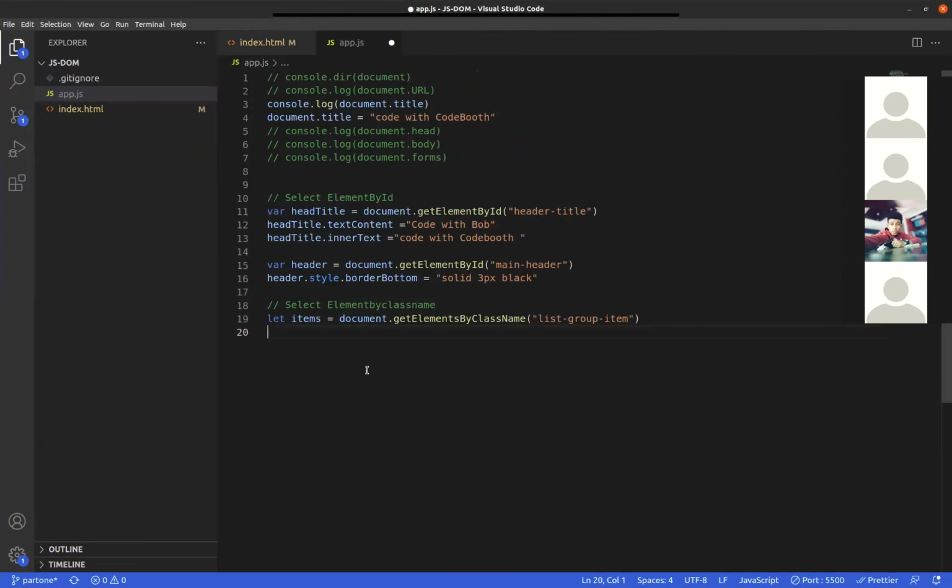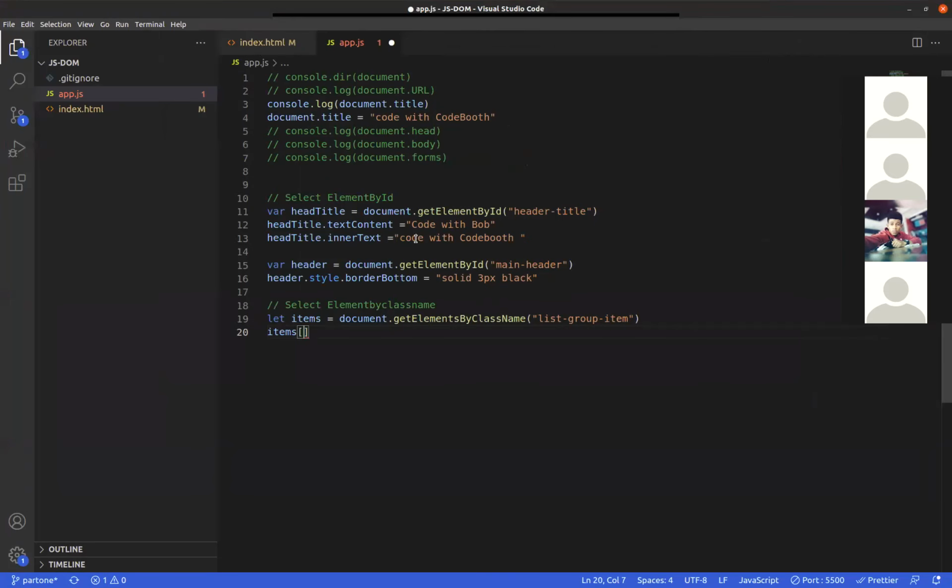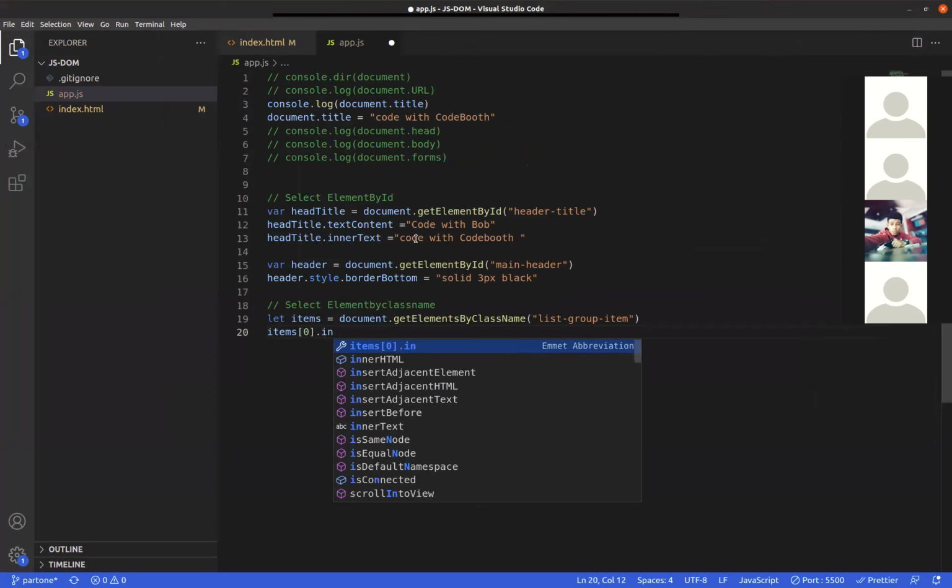You can do that by saying items, then you bring your bracket notation. So you can see they are in the form of an array. This one is 0, this one is 1, this one is 2, this one is 3, in that order. It is going to start counting from 0. So this one is 0. So let's target the first one, which is 0, and let's say dot inner text,